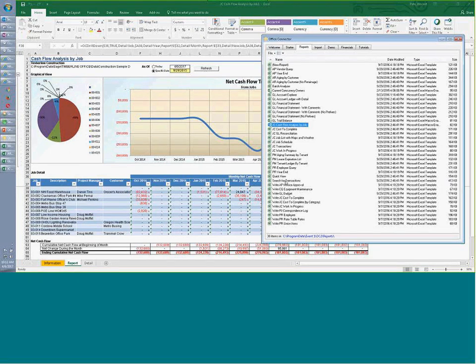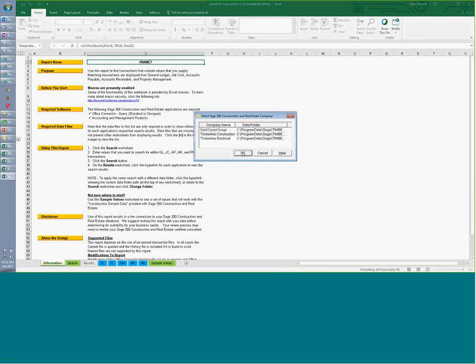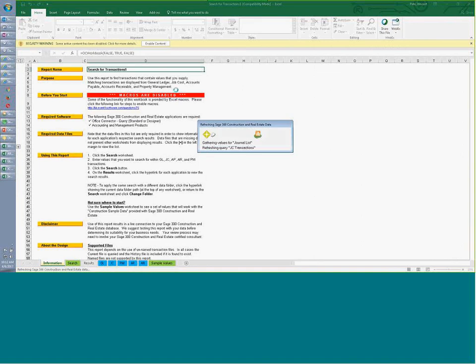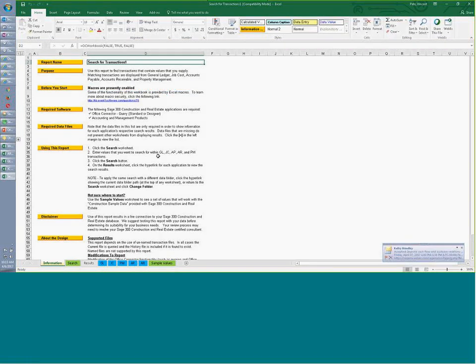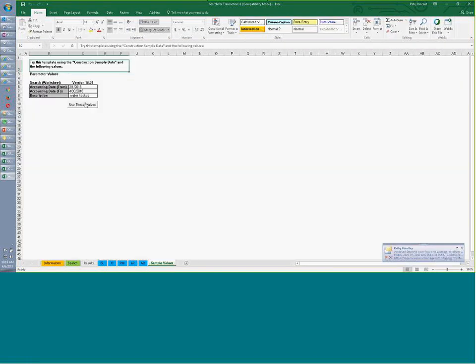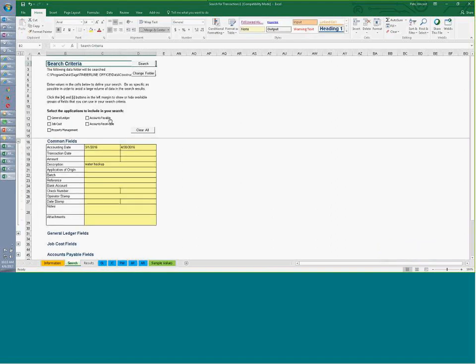Instead of just doing a report to look at data, maybe I want to actually search my Sage database for information I need. You can, of course, build a report that grabs some specific data, but also with this, this is one of them out of the box called Search for Transactions, simply enough. And if I go here and run that, one of the things we can do is search for any data that's in a certain date range, and my data happens to be in 2015, so I'm switching that to match